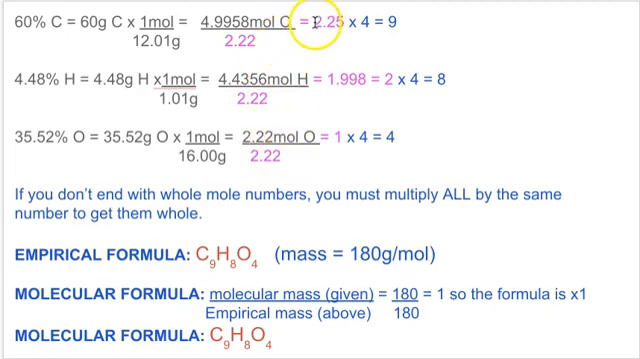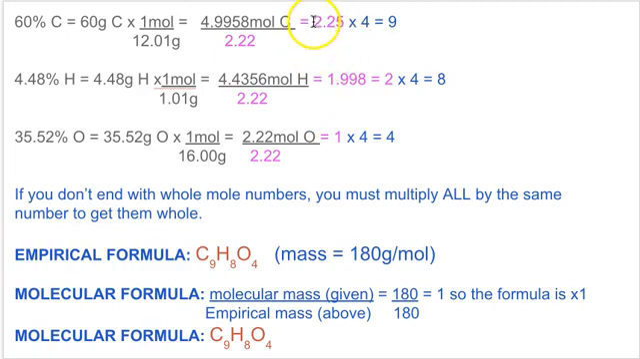And that gives me 2.25 carbons to 1.998, which that's close enough to 2 that we can round that to 2, and then 1. So this 2.25 is not a whole number, and it's not close enough, it's not within several thousandths. So I need to figure out a way to get all of these pink numbers whole. So you ask yourself, what number could I multiply by to ensure that every one of them is a whole